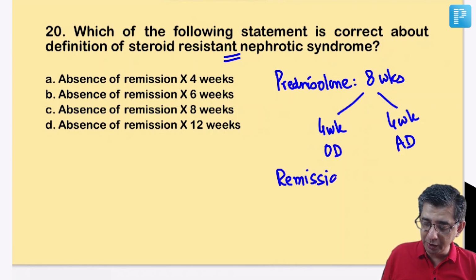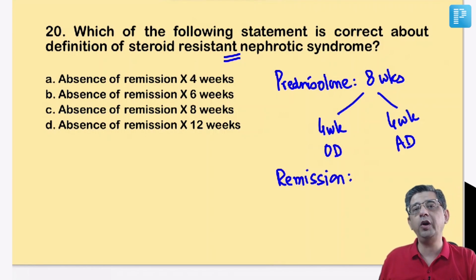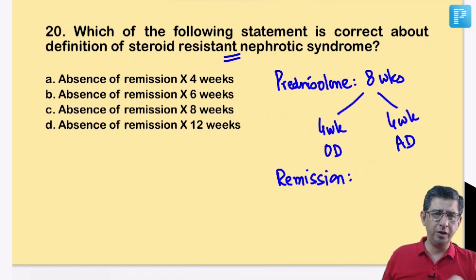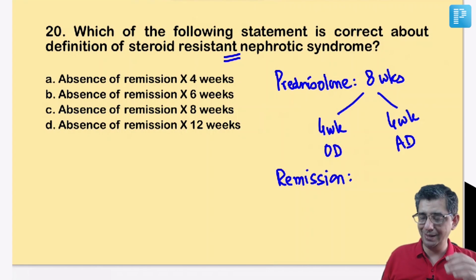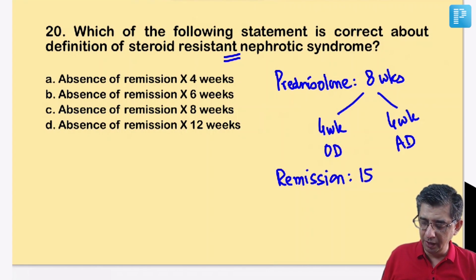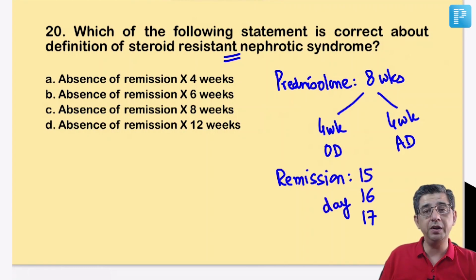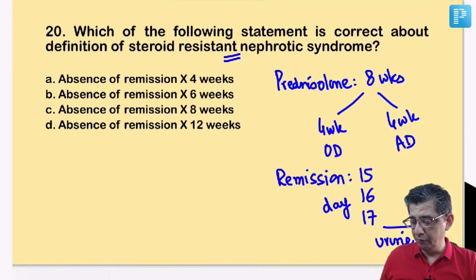Now, what do you mean by the word remission? The meaning of the word remission when it comes to nephrotic syndrome is that, let me say, day 14 has passed by. Now we're talking about day 15, 16 and 17. So I repeat that again. My 15, 16, 17 here imply day 15, 16, 17 of admission of the patient or of the follow-up of the patient. In the morning, in all of these patients, in the first morning urine sample, we tend to check